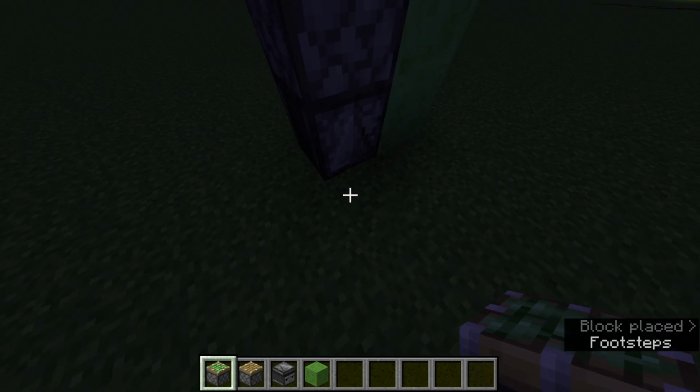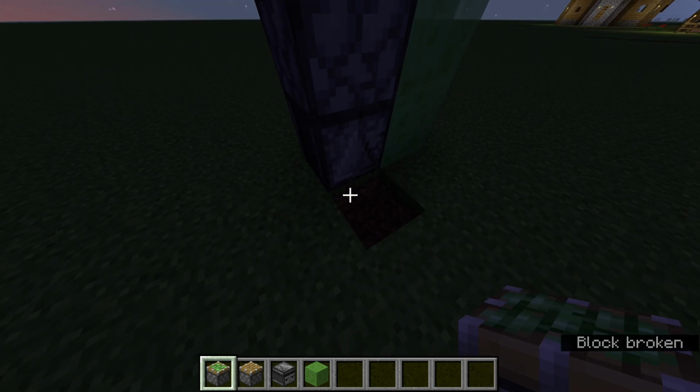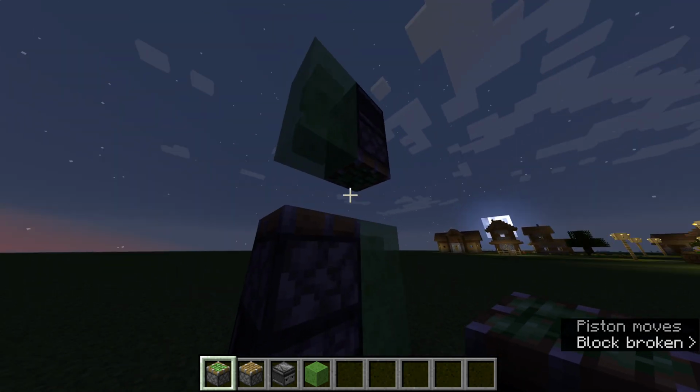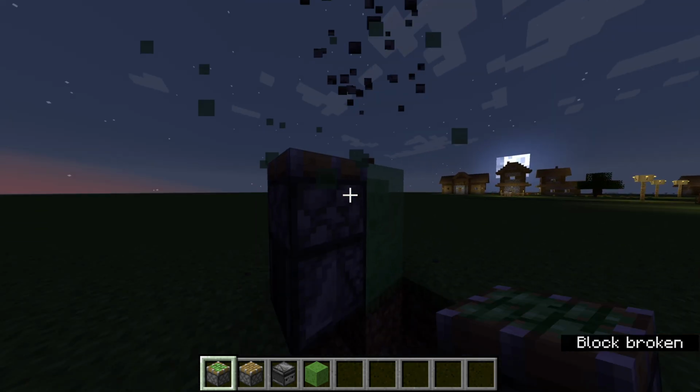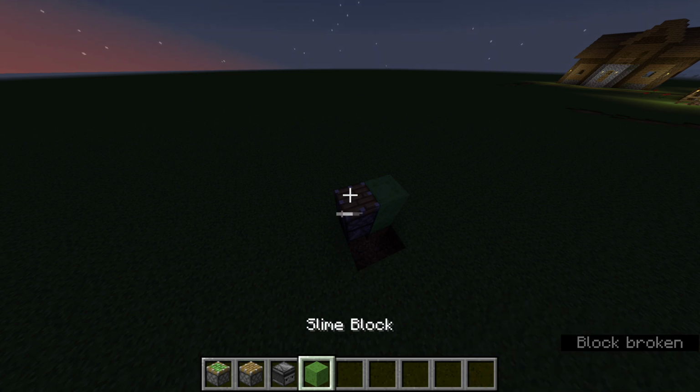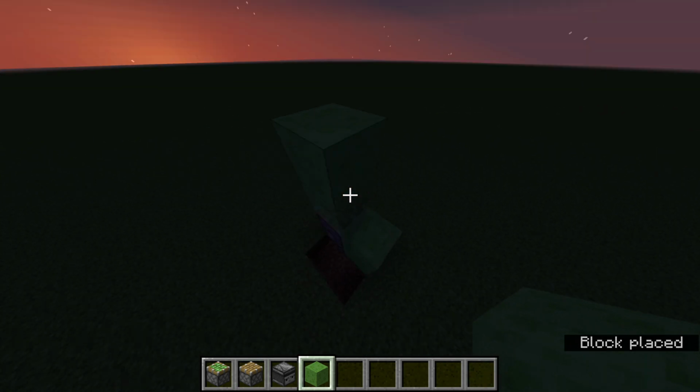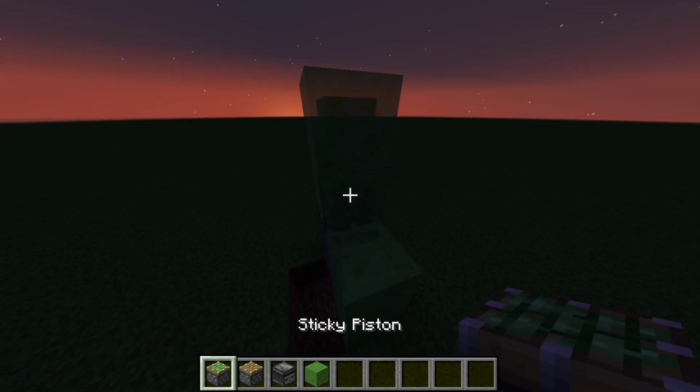Now what you need to do is remove the block under the absorber. And wait. Now you need to build it like this,